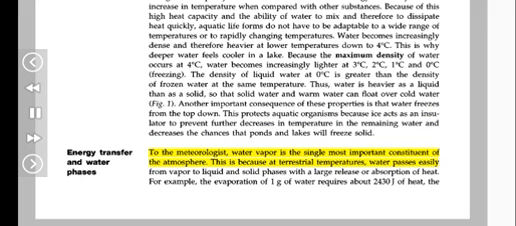To the meteorologist, water vapor is the single most important constituent of the atmosphere. This is because at terrestrial temperatures, water passes easily from vapor to liquid and solid phases with a large release or absorption of heat. For example, the evaporation of 1 gram of water requires about 2,430 J of heat. The